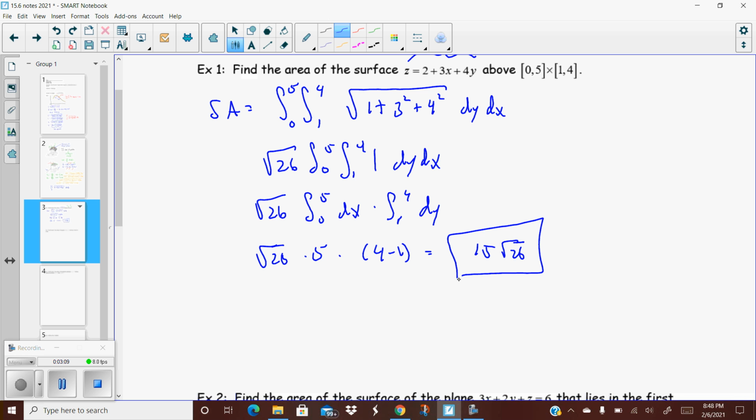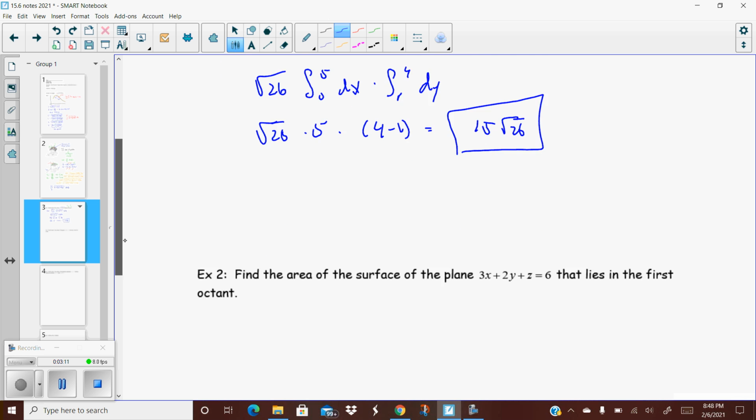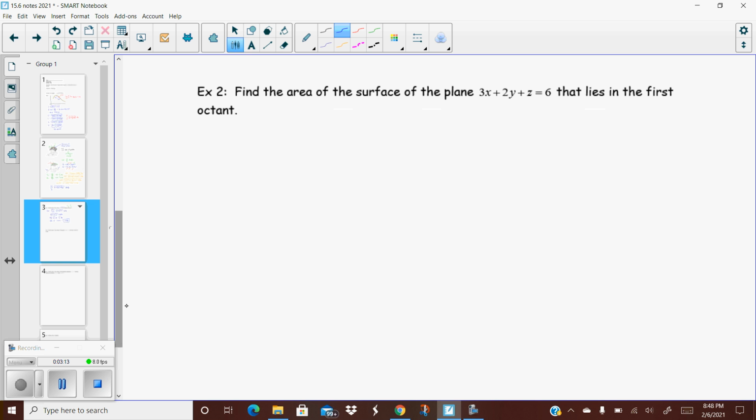Okay, really very simple. Number 2 won't be much more difficult. We do have a little bit of extra stuff that we have to deal with here. This one we're probably going to want to sketch. So it says find the area of the surface of the plane 3x plus 2y plus z equals 6 that lies in the first octant. So instead of giving us bounds, they actually just told us this thing was in the first octant. So what makes that difficult is